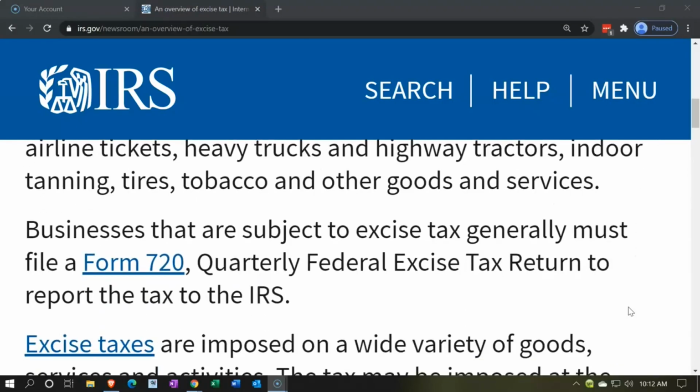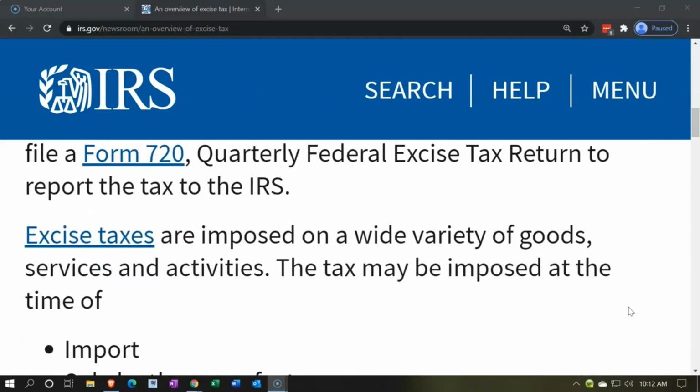Businesses that are subject to excise tax generally must file a Form 720, the quarterly federal excise tax return, to report the tax to the IRS. There's a link to the Form 720 here. Excise taxes are imposed on a wide variety of goods, services, and activities. The tax may be imposed at the time of